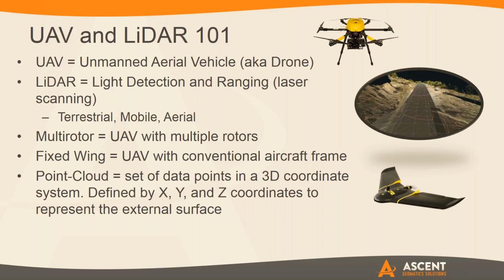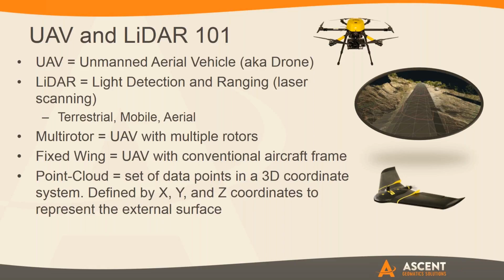And then we've also got the fixed wing down below in the bottom right, and that's more of your conventional airframe. So that's going to fly a little bit higher, a little bit faster, but it's much better for larger areas of land. So land development, it's great. Longer corridor projects, that's going to be very useful. You're just going to be able to collect data a lot faster and a lot more data on larger areas of land because it also has a longer flight time.